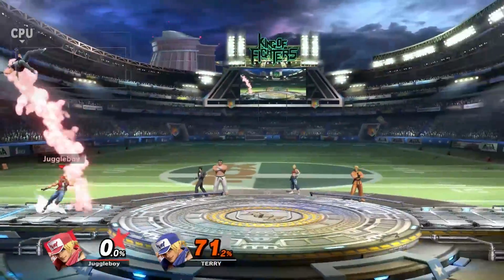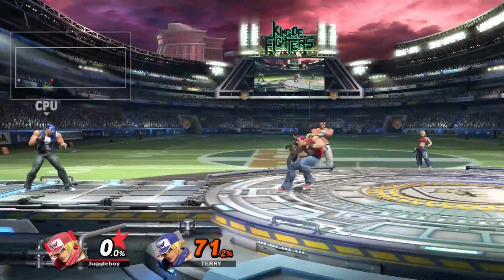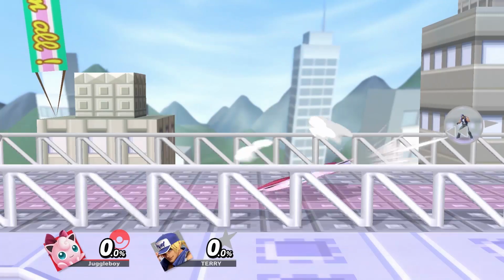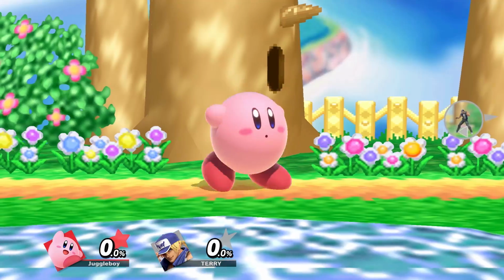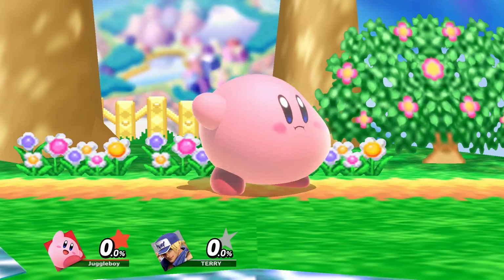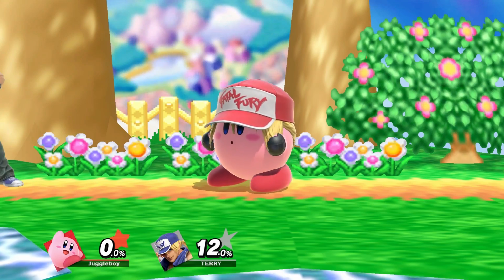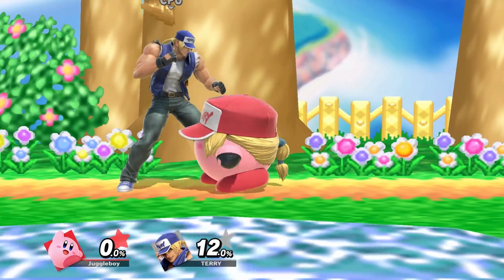Patch 6.0 just dropped, putting Terry Bogard in the game, as well as giving large improvements on characters like Donkey Kong, Jigglypuff, Robin, and Incineroar. But most importantly, Kirby. This is a huge patch for Kirby, so I will be going over all of its changes, how it affects Kirby, and what changes Kirby mains should be making to their playstyle to take advantage of